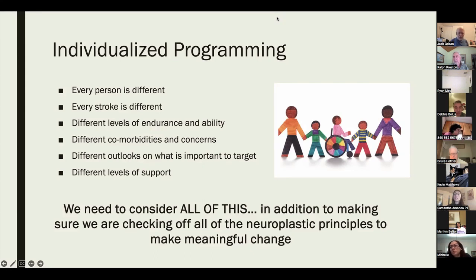But if you're watching it and thinking open, close, or like you're doing what Ralph said, you're mirroring it with your unaffected side, that'll have some really good impact on neuroplastic changes because you're participating somehow in that passive range. Does that make sense, Bruce? Yes. Okay. I can add a little something, and that is,